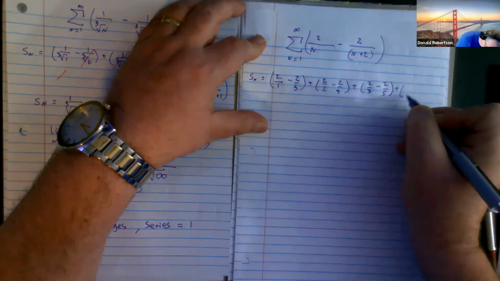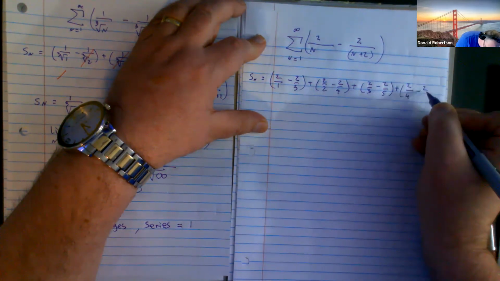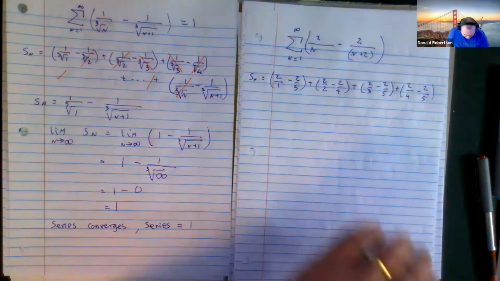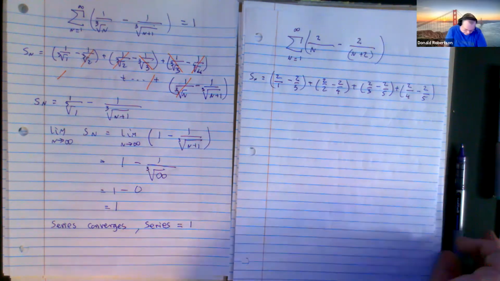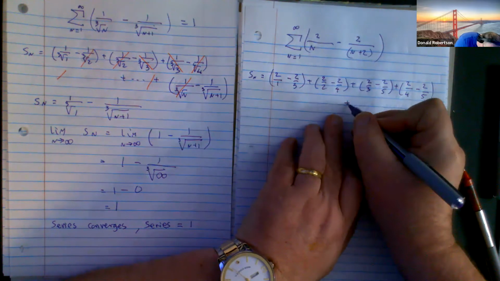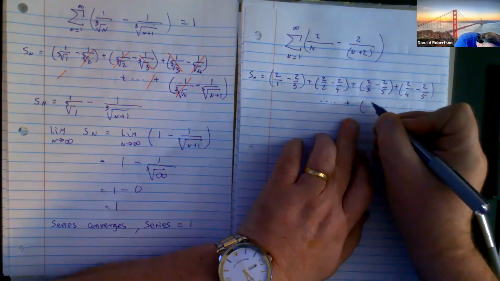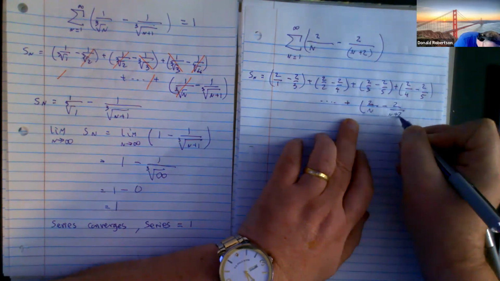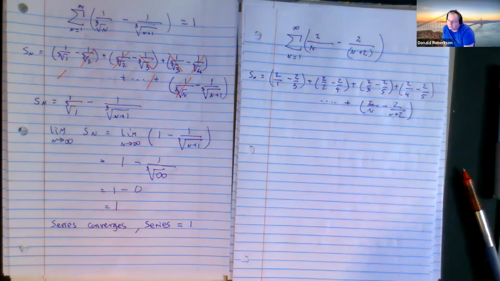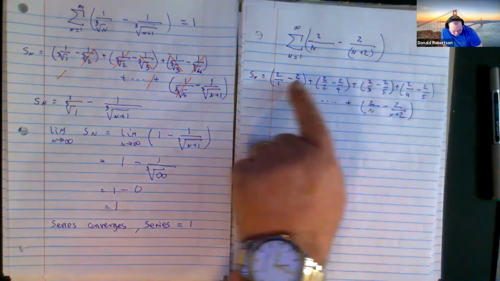I'm going to put an extra one in. You get 2/4, take away 2/5. I guess I should simplify some of them, but I don't think it's helpful. It's probably easier just leaving them the way they are. Oh, and then you finish, as you would expect, with the last term, right? The nth term. Agreed? Now, when you look at this particular setup,